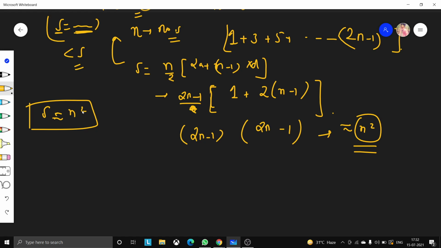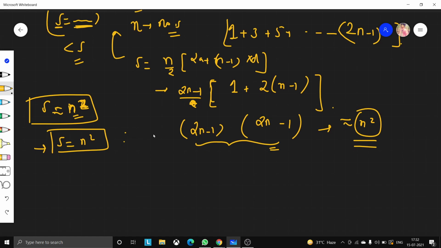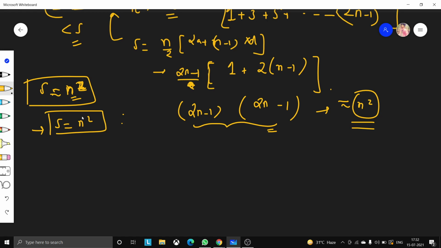We will take the highest power of n only. We are not considering the constant variables or the powers which are less than the highest power. So for our maximum sum we will have n square. So we want the minimum size of the array. This is the value n, this is the size of the array. So when the size of the array is maximum, it is n square. So it can be minimum when n square is less than s.